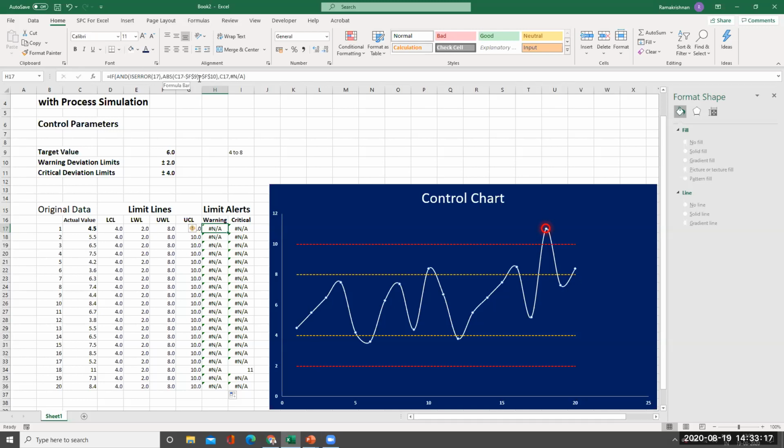F10, C17 minus F9 is there greater than.